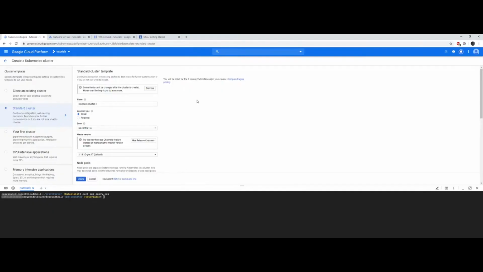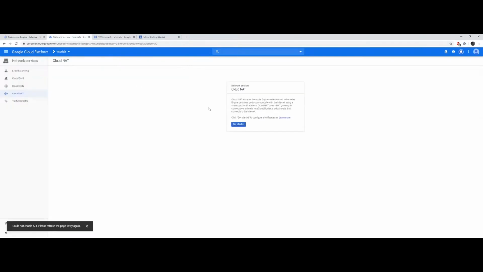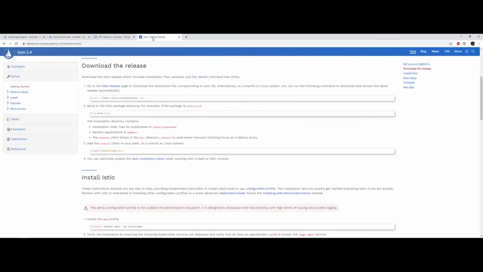Hi and welcome. Today I'm going to show you how to build a Google Cloud Platform Kubernetes cluster that's set up as a private cluster for the additional control and security you can have with that. I'm going to show you how to set up the cloud NATing so you can pull images directly from the internet, which will help us with the installation of Istio instead of creating a manifest, downloading the images, pushing them to your repo,